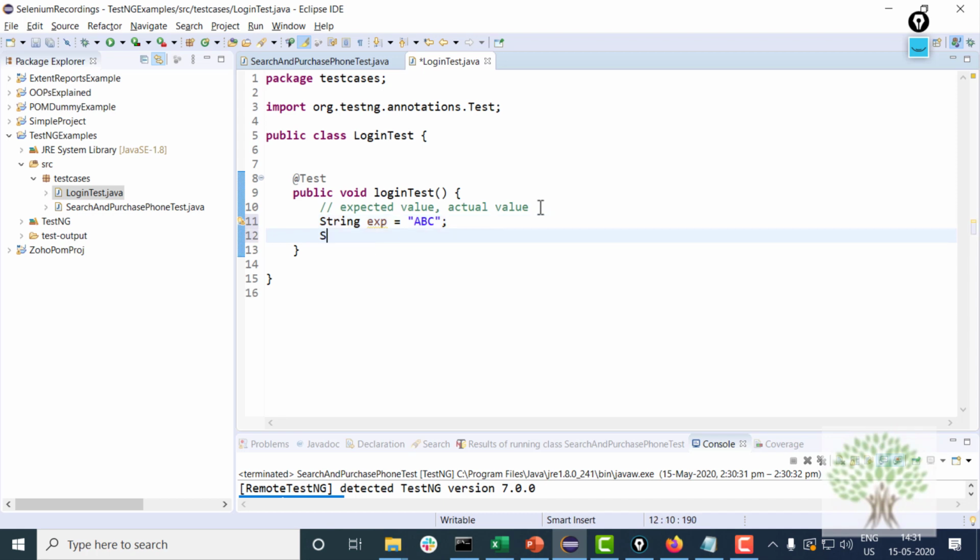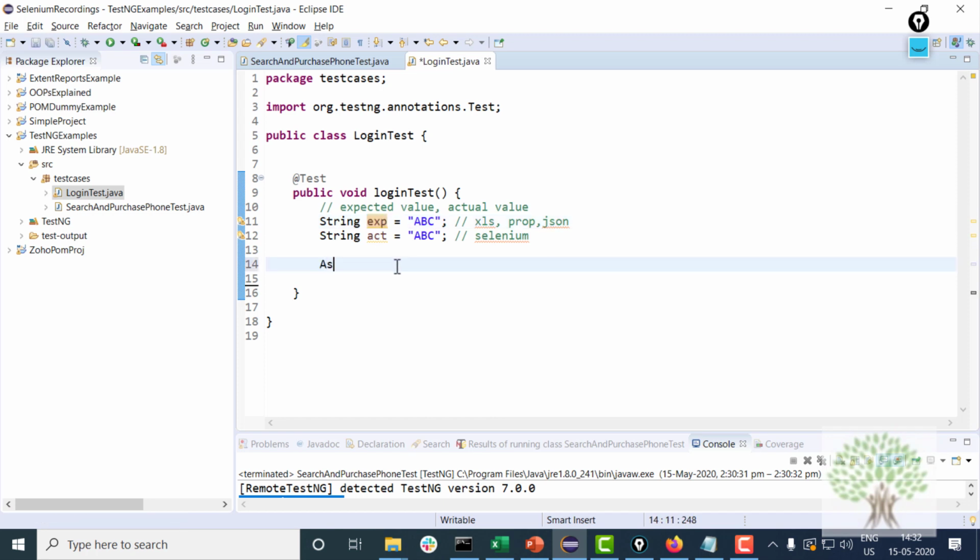Fine. And the actual value which you will actually retrieve from Selenium is this thing. Right now I'm hard coding. So right now this Selenium will give you the actual value. For example, if you want to get the title of the page, you can write driver.getTitle. The expected value you can store in some Excel file or some properties file. You can read it from there, or a JSON file. Fine. The expected value can be read from these files. The actual value is actually determined by Selenium, and then you have to fail or pass the test case based on these values.